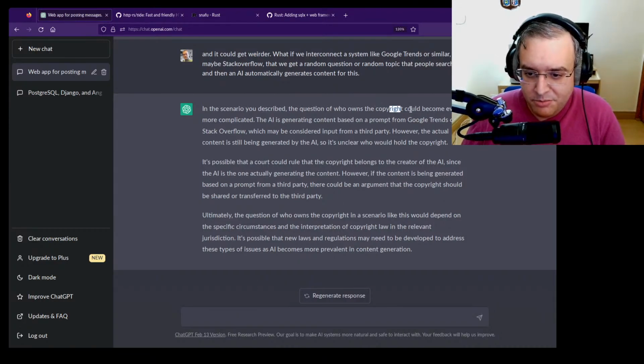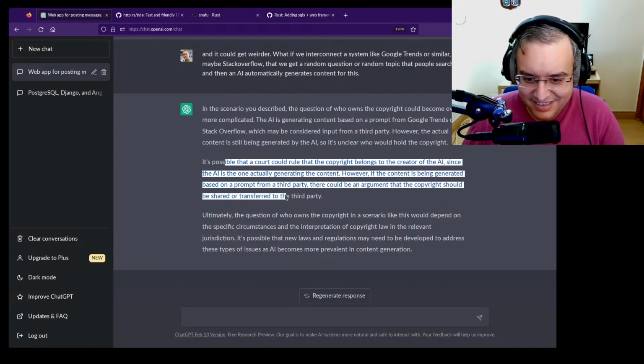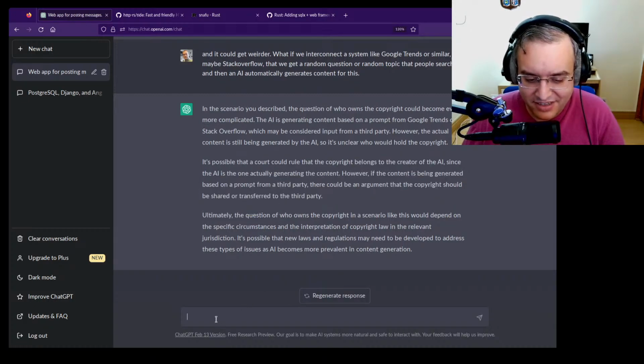Yeah. Could become more complicated. The generating content based on a prompt from Google Trends or Stack Overflow would be considered input from a third party. However, the actual content is still generated by the AI with